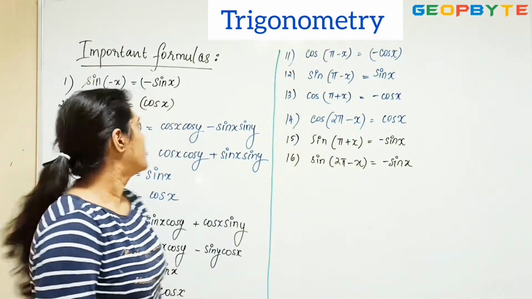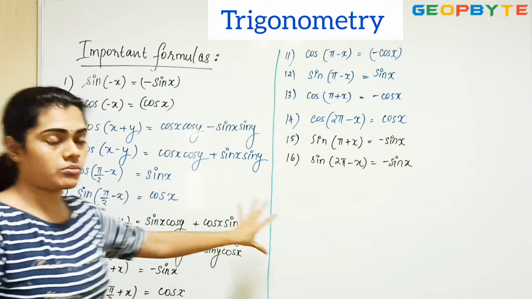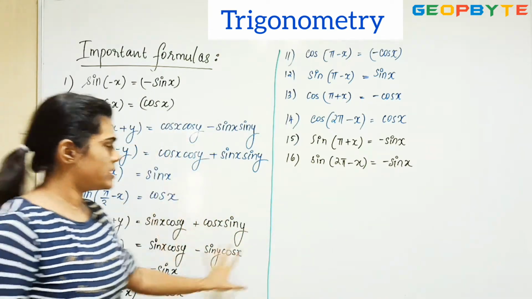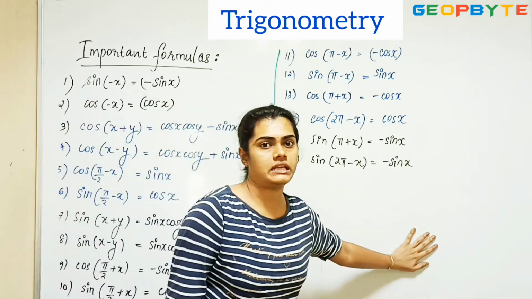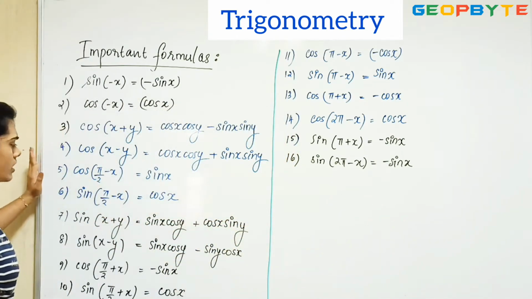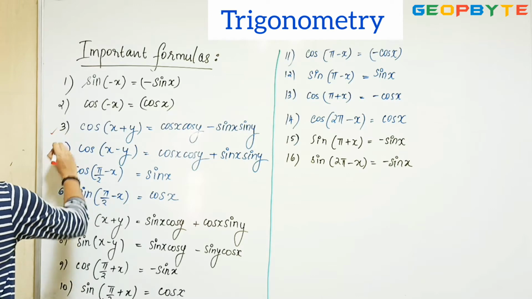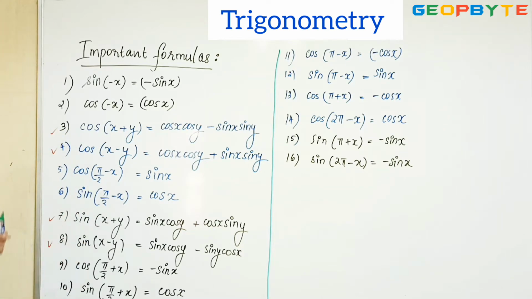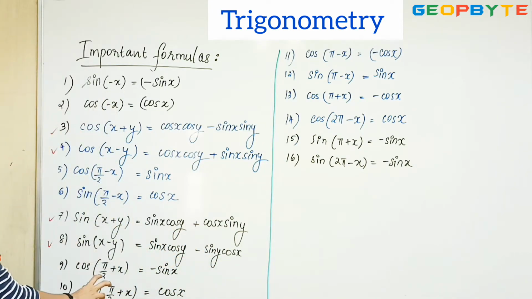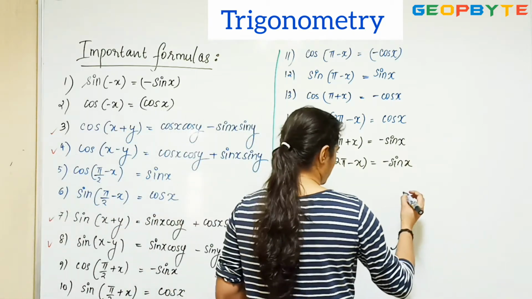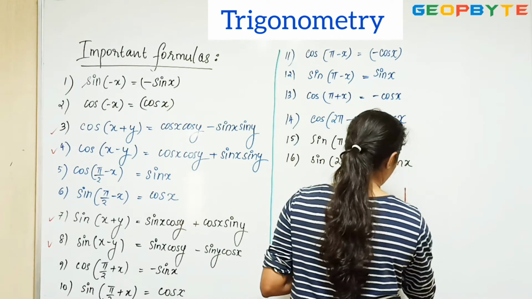The next topic is important formulas which are usually used in trigonometry, and there are some more formulas. These are some of the basic formulas you have to remember always. These are not formulas, but you can easily find them with the ASTC method. But you have to remember these four formulas: 1, 2, 3 and 4. These are very important. These four are used in problem solving, and the rest we get from the coordinates, like the quadrants. For that, I'll tell you how we can remember those formulas.